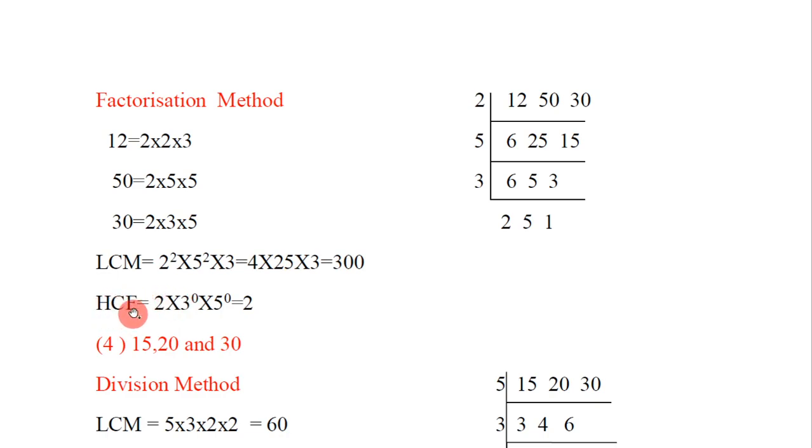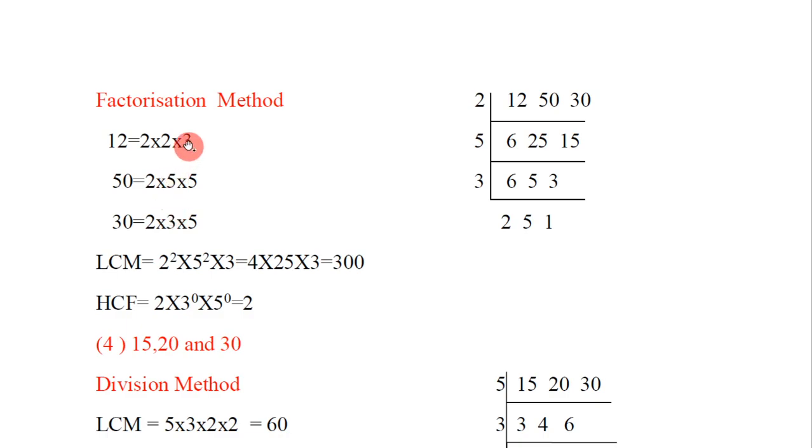And then highest common factor is product of the prime powers having the least number. That is, it is the product of 2 power 2 here, 2 power 1, 2 power 1. The least one is 2 power 1. So next 3 power 1, 3 power 0, 3 power 1. We have to take the least powers.